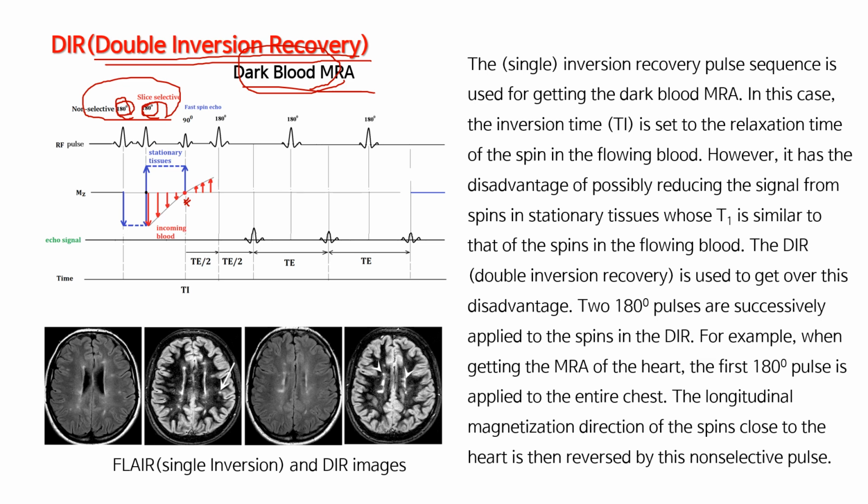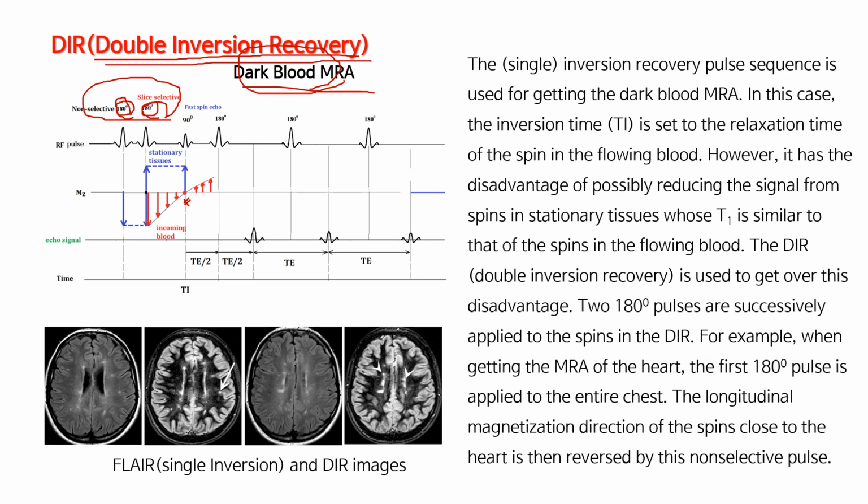If we match the time of inversion to the null point of the flowing blood spins, we can eliminate the signal from the spins in the flowing blood. In this way, the signals from the flowing blood are eliminated, while the signals from the stationary tissues are not changed. Consequently, we can get dark blood MRA imaging